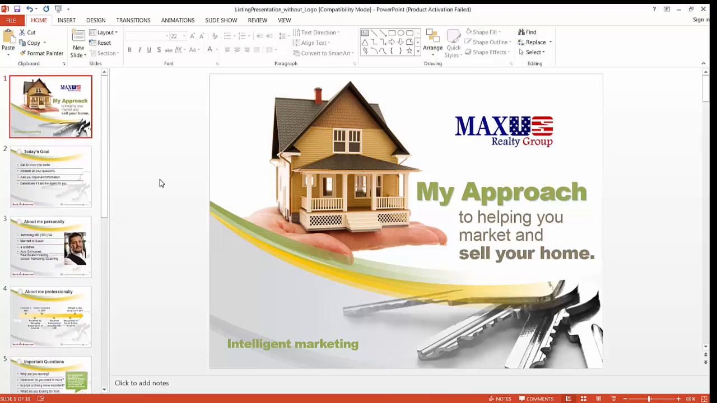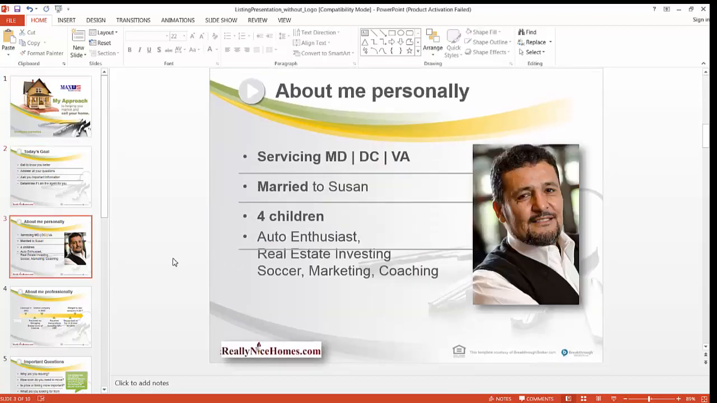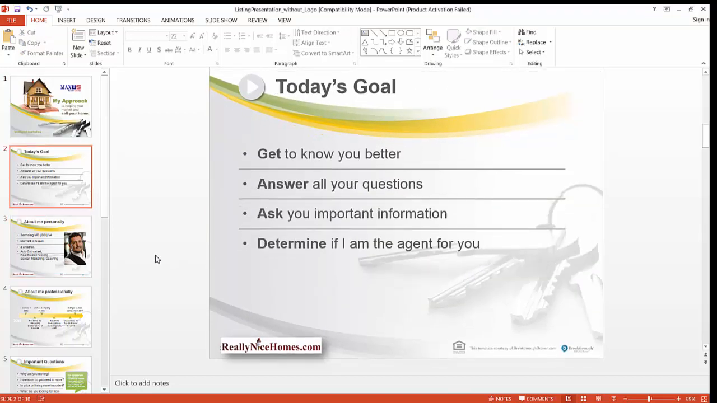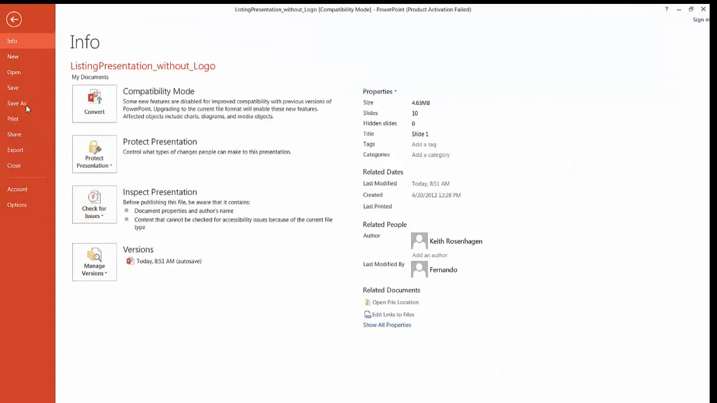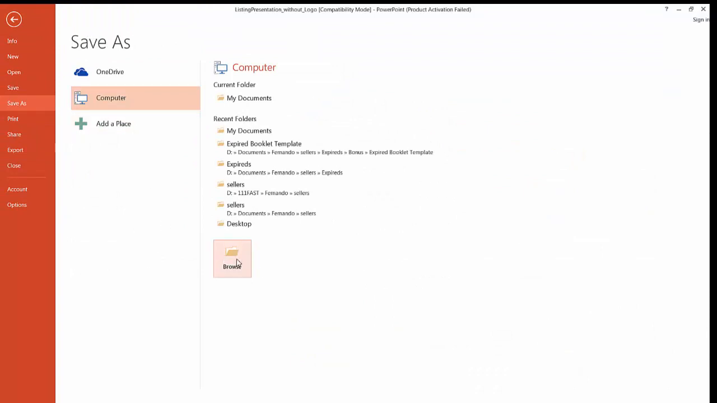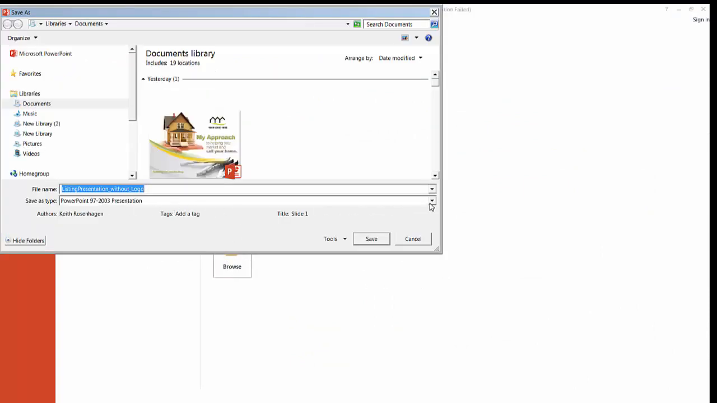Now from this point on, we're going to save this PowerPoint presentation in your computer so you can change some information later on, especially if you have new comparables or new sales that you want to add, or something else that you want to provide information to the people. So you want to save this as a PowerPoint presentation on your computer. But then after you do that, you also want to save this in your computer as